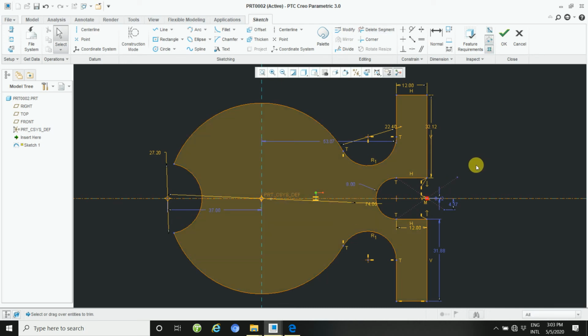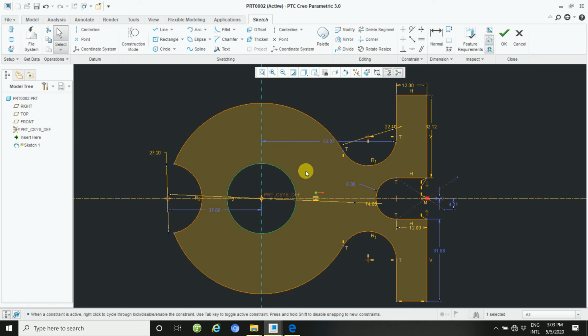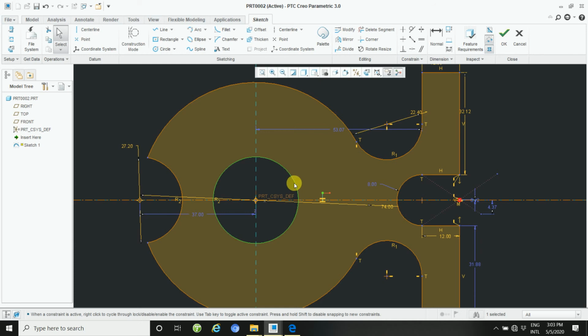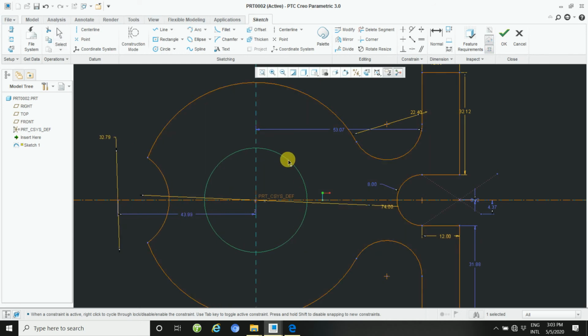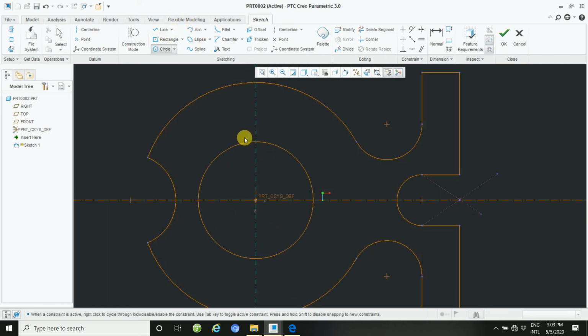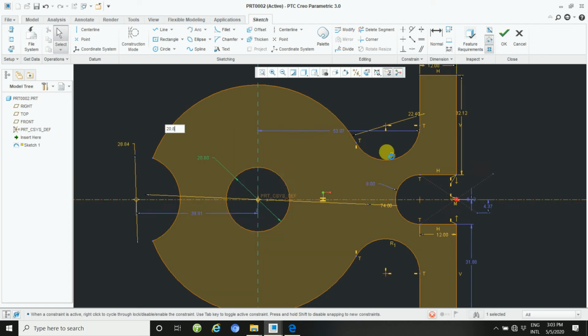And then draw another circle here, and this circle is 22.8. So define this 22.8. 20.8.